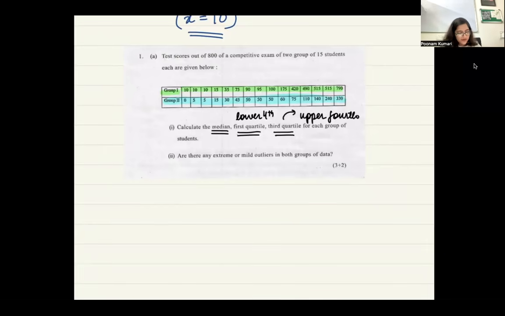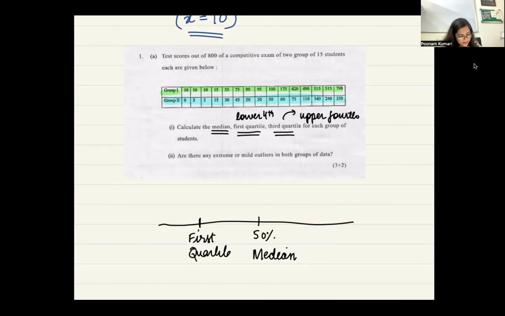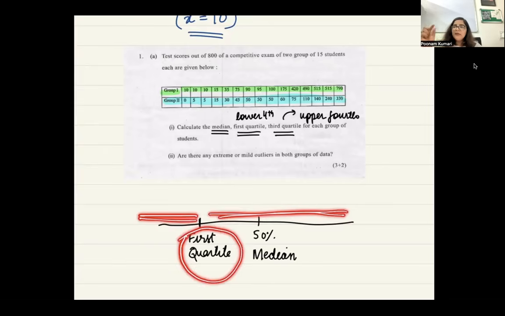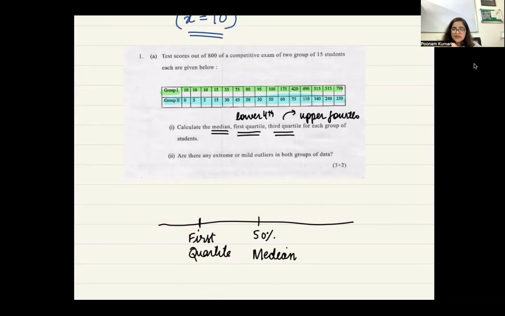Okay. So actually, whenever you have data, it can be divided into, this is 50% data. So that means 50% data is towards the left, 50% data is towards the right. And this point is called median, right? This is called median. Whenever you say this is my first quartile, that means 25% of data is on the left and 75% data is on the right. So this is actually first quartile. Quartile meaning 25%. So first 25%. Median is actually sometimes also called second quartile.